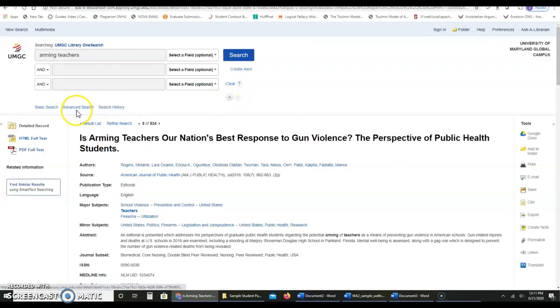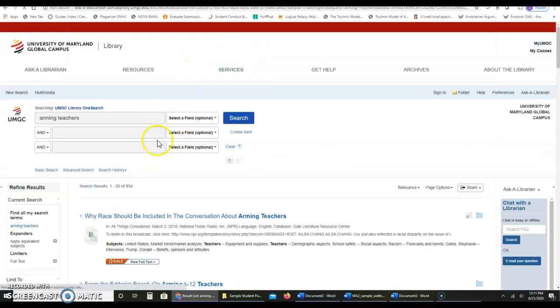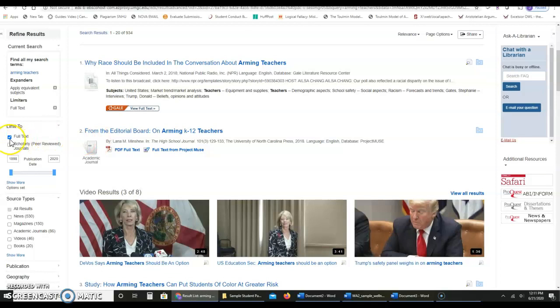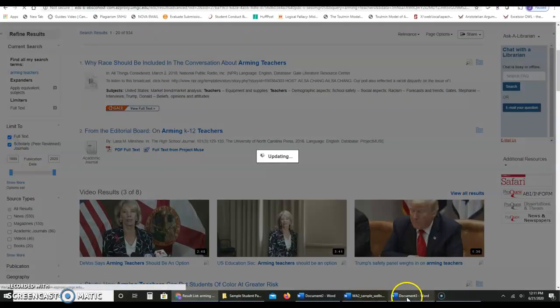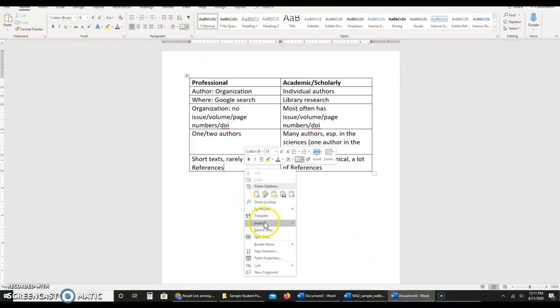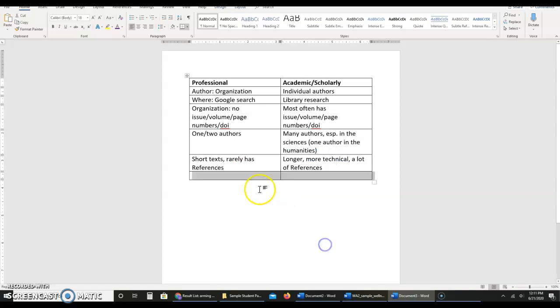One of the tricks to determining whether you're using academic research or not is in your searching. Let's just go back to the search. Let me start from scratch. Within your search on the left-hand side, when you do a one search, you can actually toggle this, as I showed earlier, but you always want to choose full text and scholarly. So the difference between these two, let me actually insert another row here, is that professional